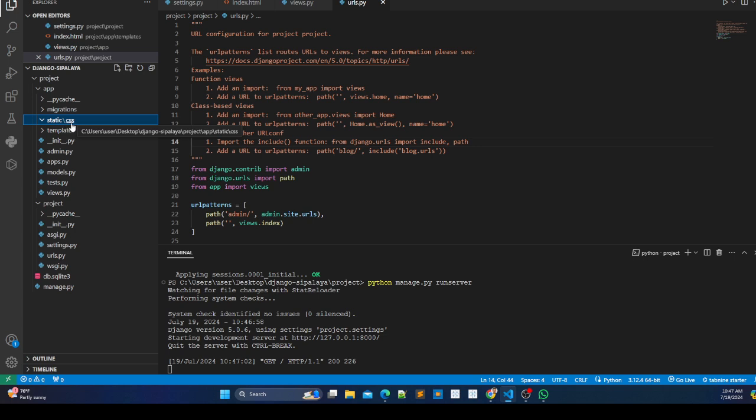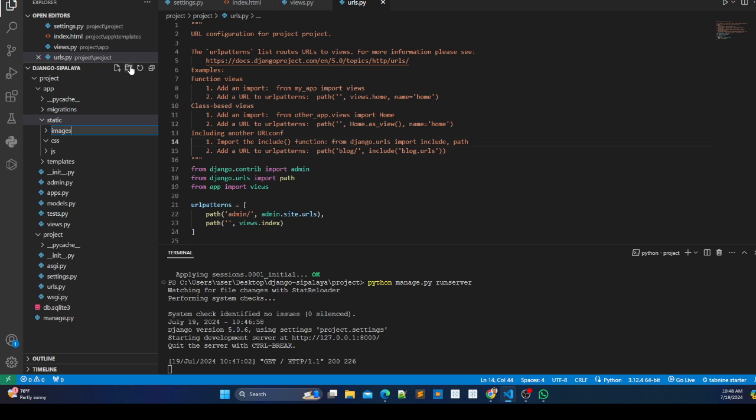Then click on static again and create another new folder, JS for JavaScript, and let me create a new folder